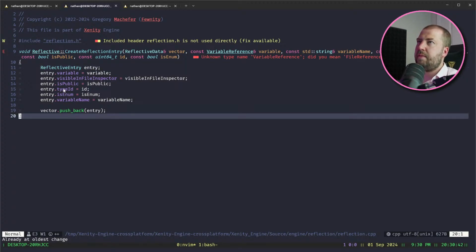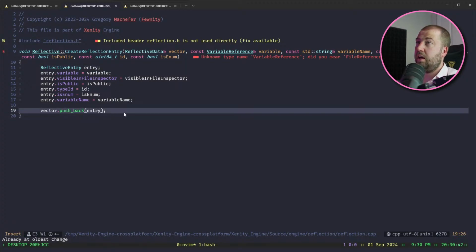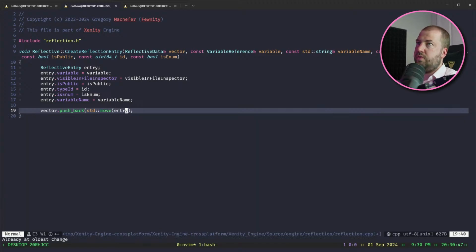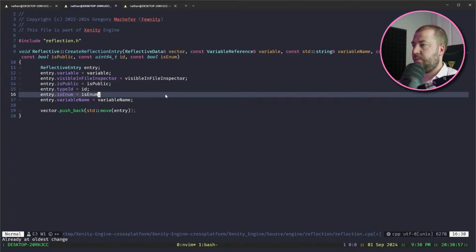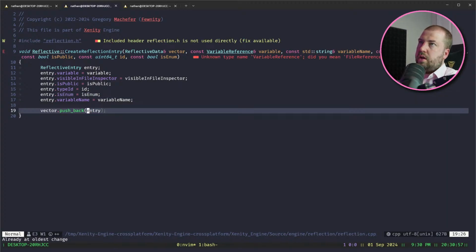You are technically making an additional copy here. You could std::move this in. I can't imagine reflection is on your hot path. Maybe it is and you want to super optimize it, but this would elide one of the copies. Yeah, if you want to,